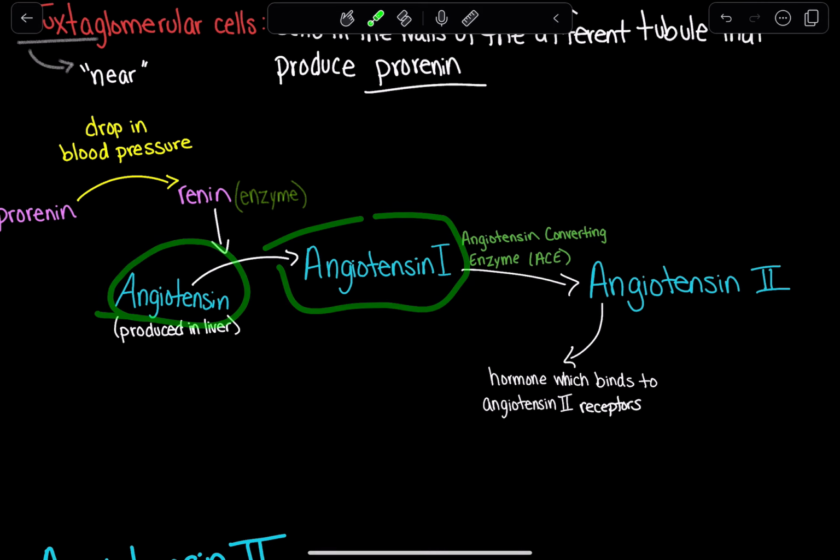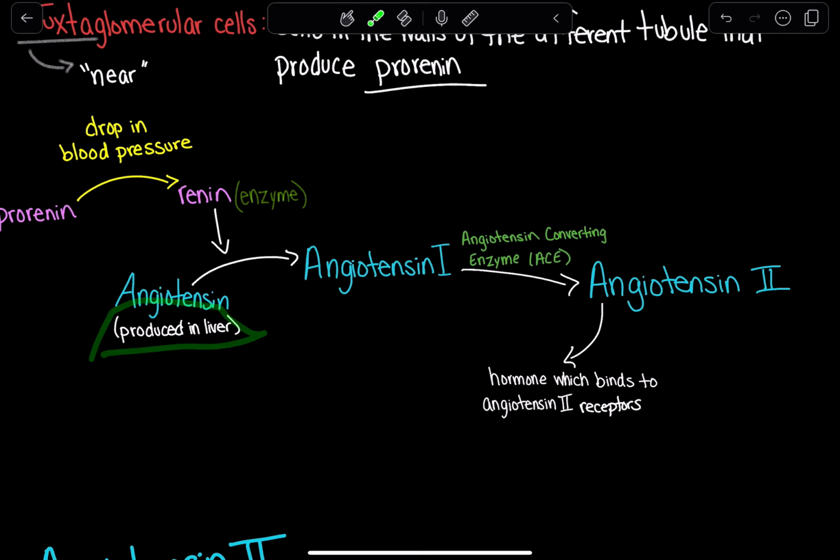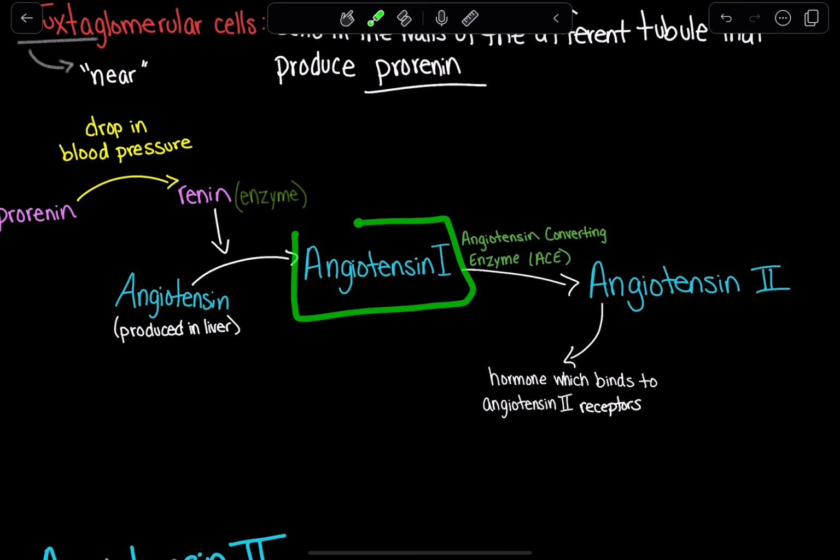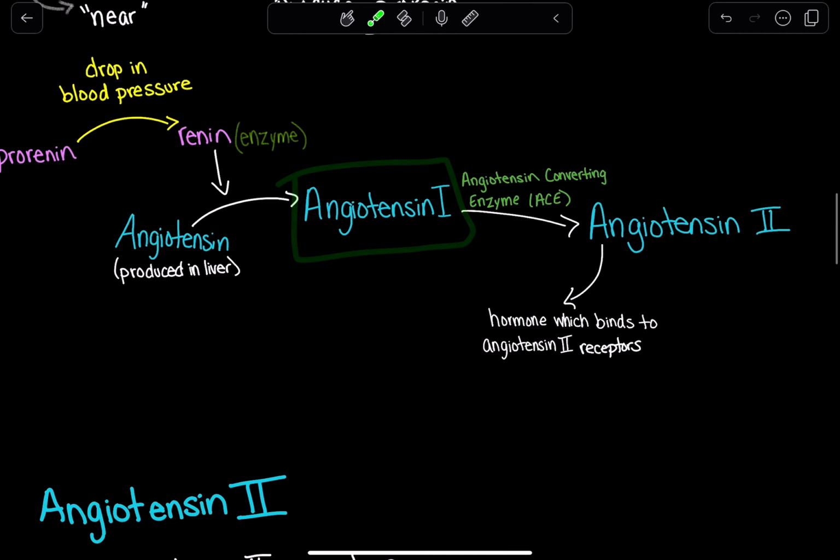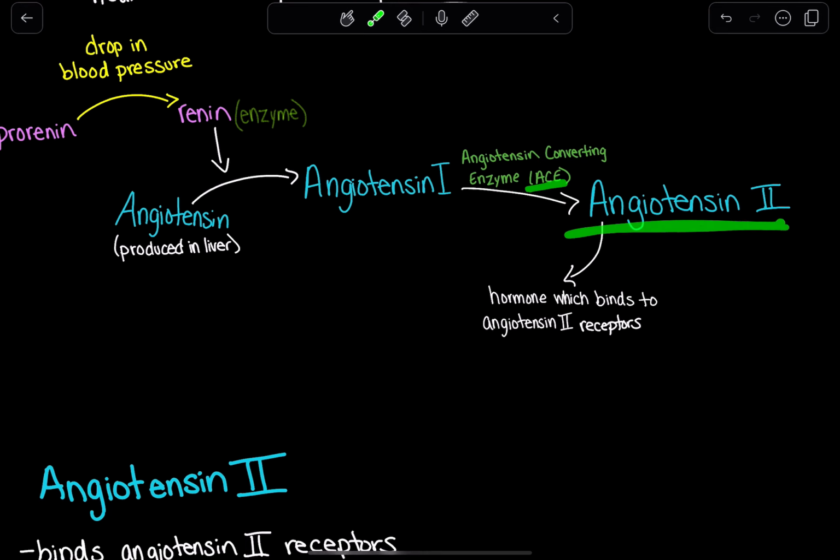But what is angiotensin? Angiotensin is a hormone which is produced in the liver. And once it's converted into angiotensin 1, it will then be converted into angiotensin 2 by the angiotensin converting enzyme, also known as ACE. Once we have angiotensin 2,